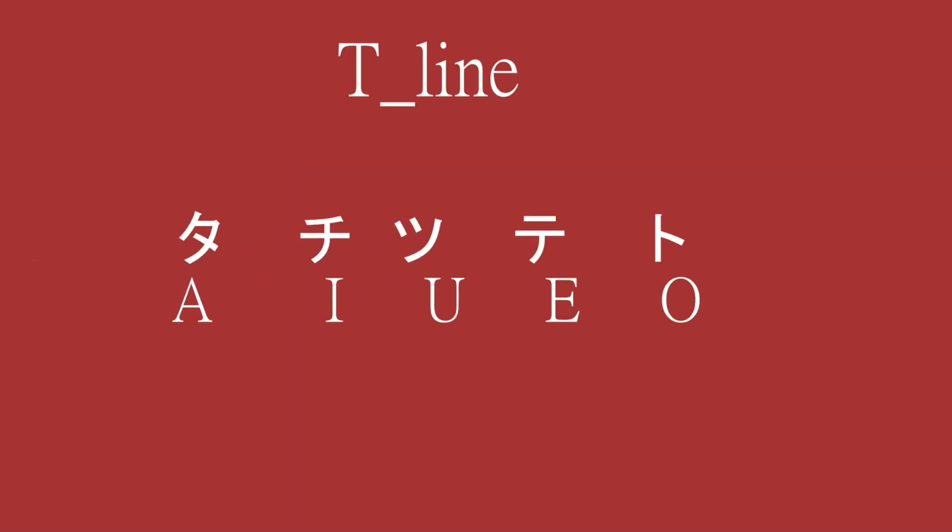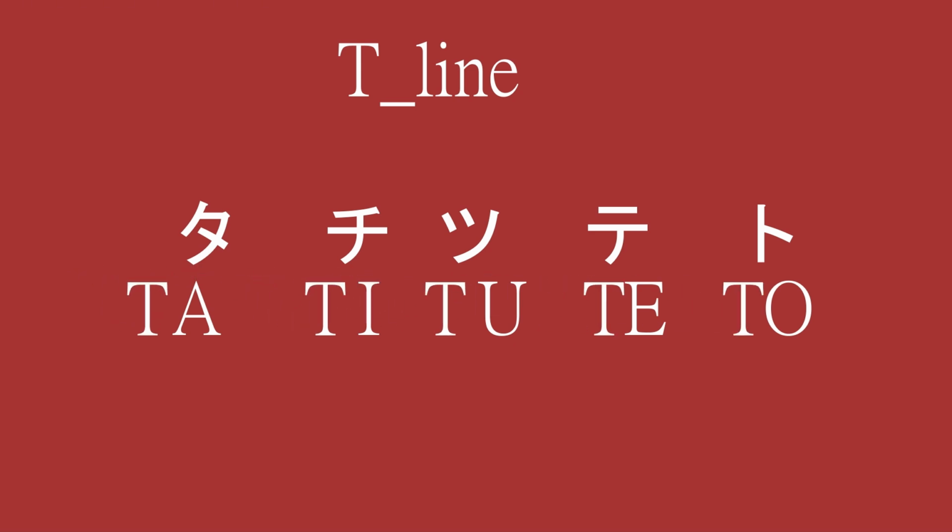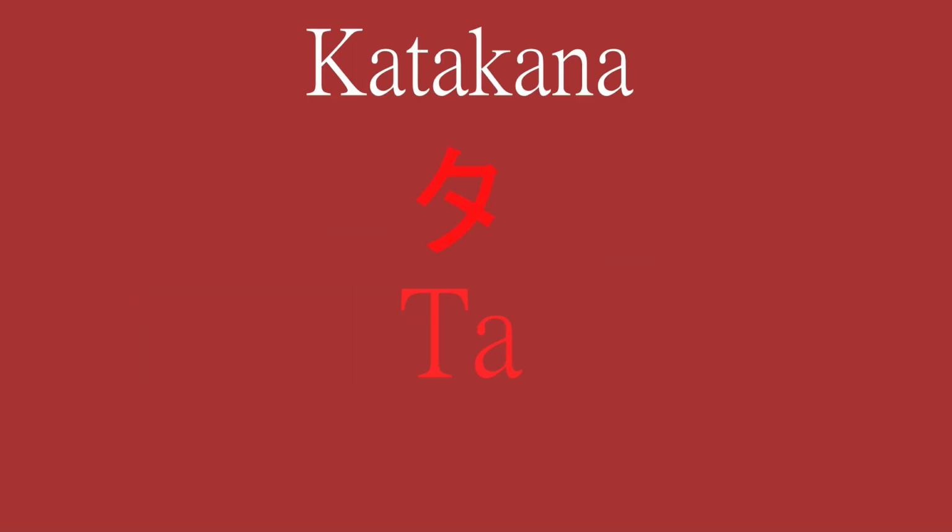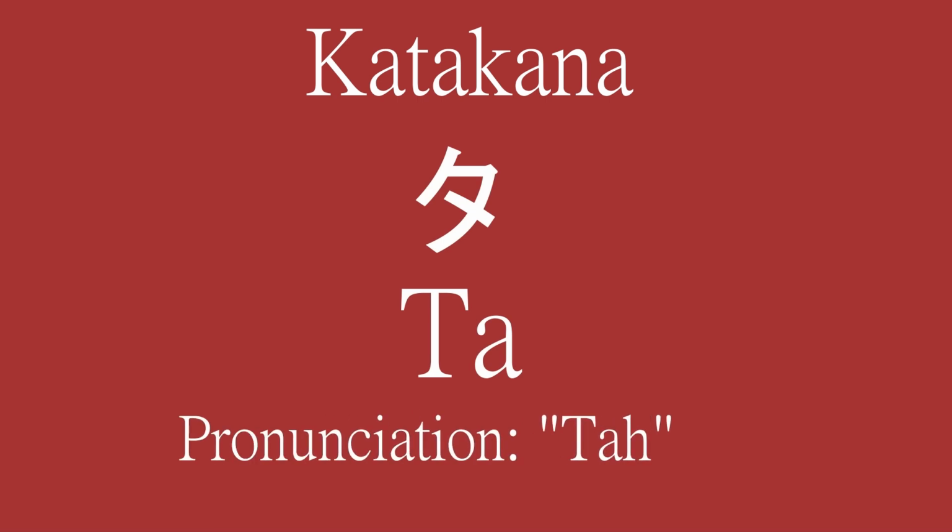If you take vowels and add T at the front of them, you will get the T line. The T line introduces you to some very unique shapes and one character that beginners often confuse. But don't worry, I will make it super easy. た、た、 The pronunciation of the character ta in Japanese is something like the combination of TAH in English. Let's see how to write it. Draw a short diagonal line from top left to the bottom right. Draw a vertical line downward. Draw a small diagonal stroke on the right side.